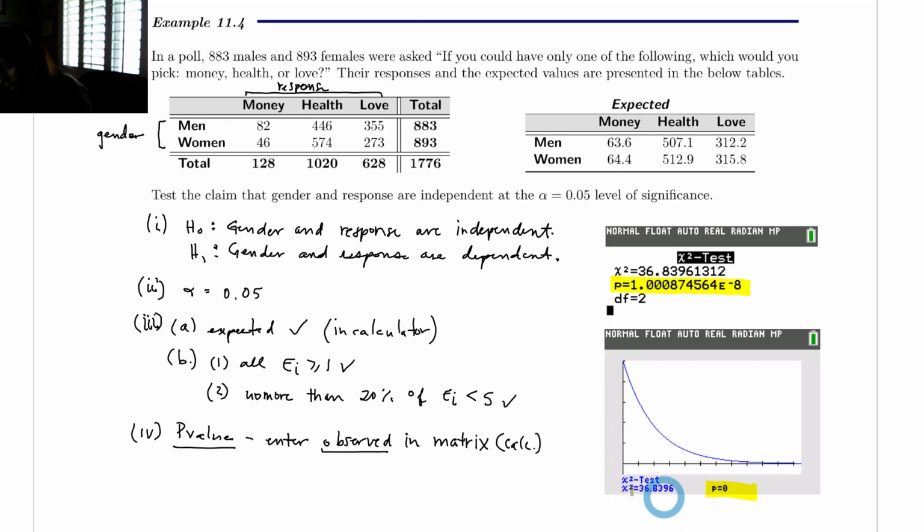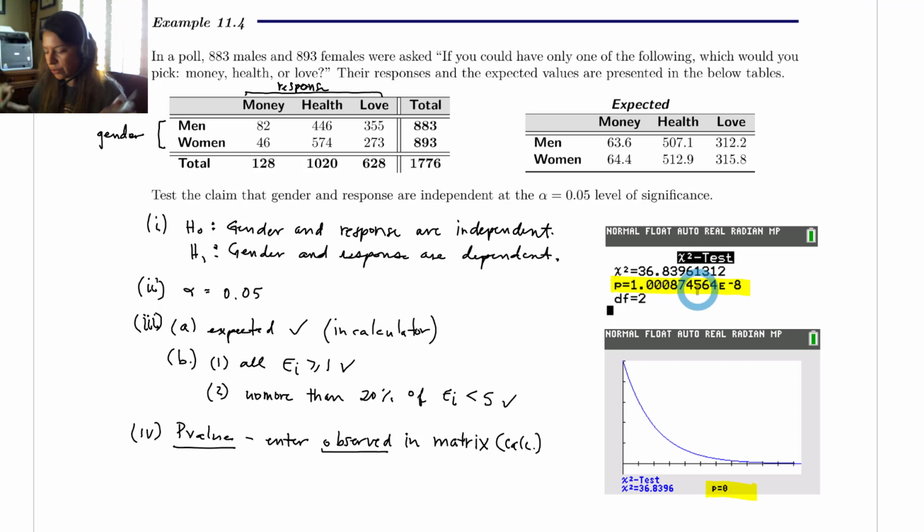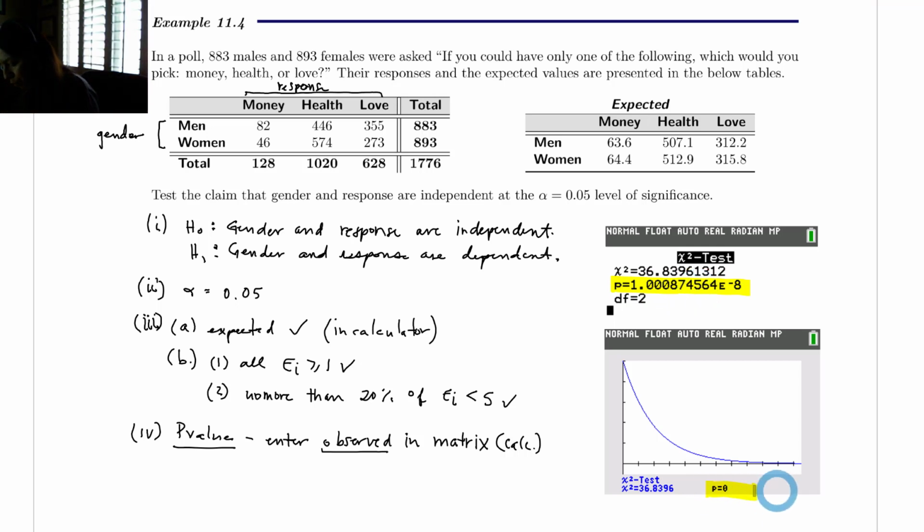So it still gives you the chi-square test statistic, but since the p-value is so little, it doesn't even shade the curve on the graph. That's why sometimes it's good to use the chi-squared calculate, because it'll actually give you some digits of the p-value rather than just, hey, it's nothing, you know. It just doesn't have enough room right here on the graph to put all these digits. Okay, so